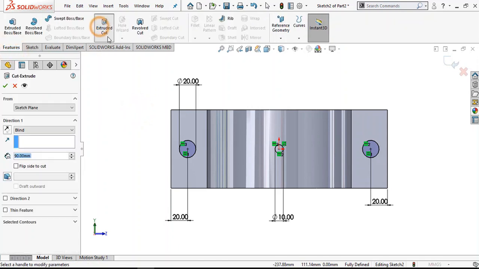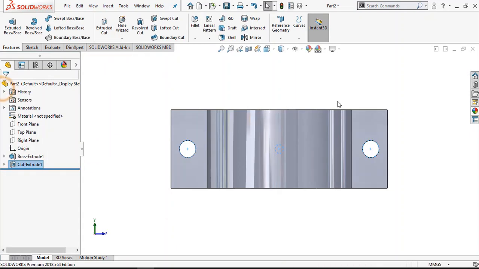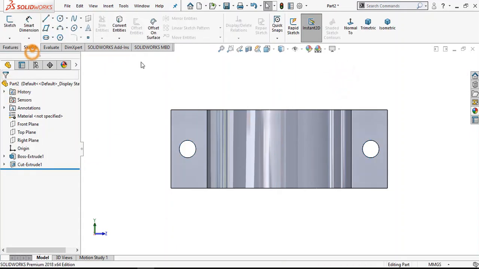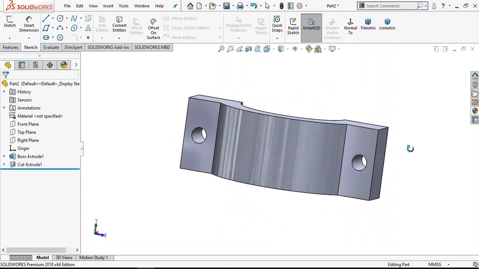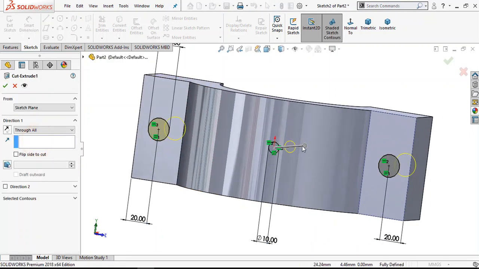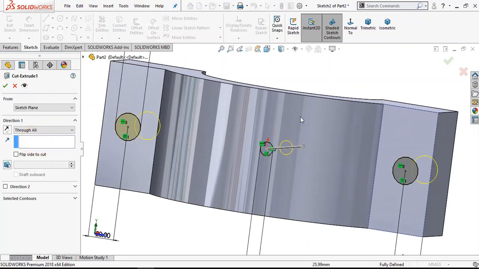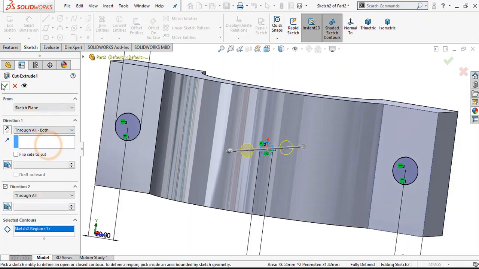Now go to feature and select extruded cut. Make the direction through all. Okay. Select this contour also. Okay, select through all both.